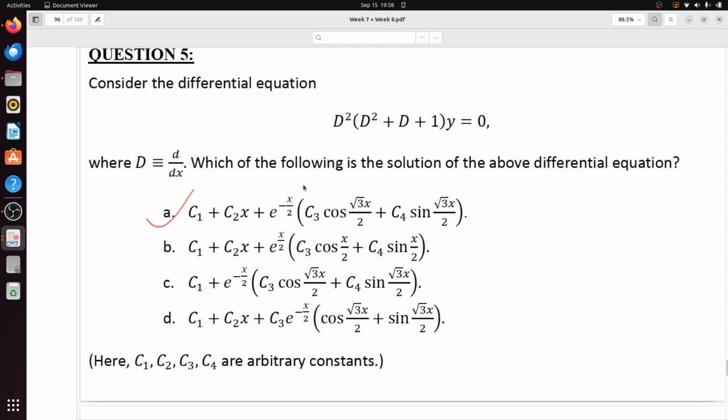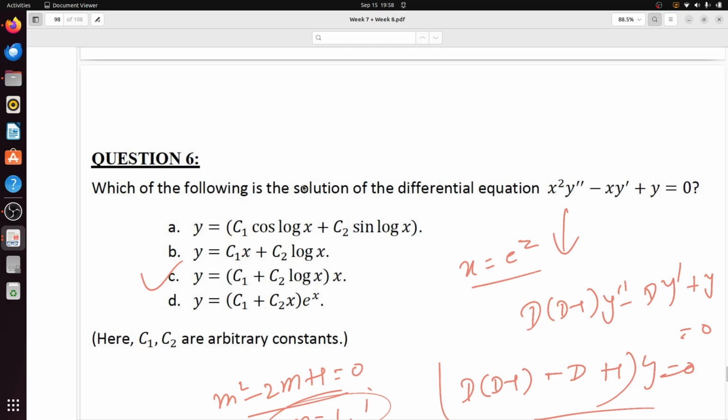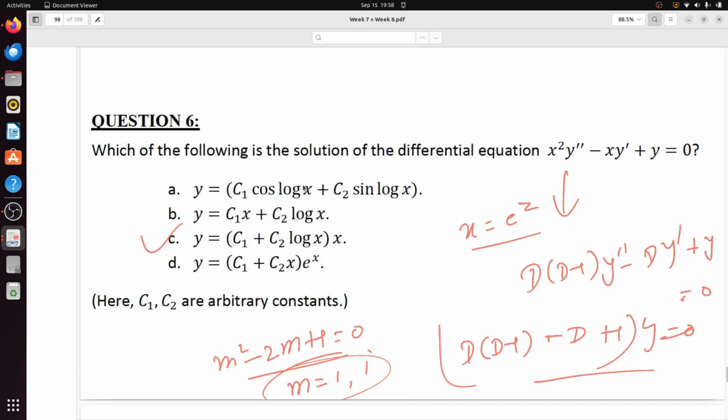So this question is done, right? Yes. So we will move to the next problem. This is just the Euler-Cauchy type differential equation. Which of the following is the solution of the differential equation x square d2y dx2 minus x dy dx plus y equal to 0? You just use